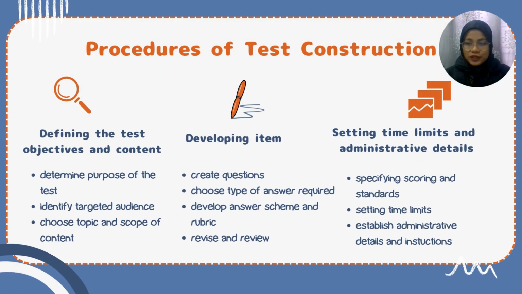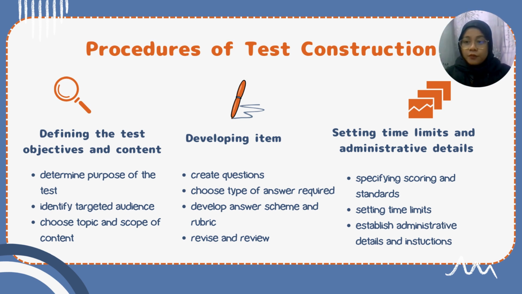Next, I will walk you through the procedure of constructing the reading task we have administered, which focusing on 3 key parts. Firstly, defining task objective and content. The initial step in constructing our reading task involves defining clear objective and content. This stage is crucial as it sets the foundation for the task. We have specifically chosen to assess reading skills among second-year undergraduates studying civil engineering at UTM. Our question encompasses various writing patterns like chronological, compare and contrast, and cause and effect, aligning the task with our